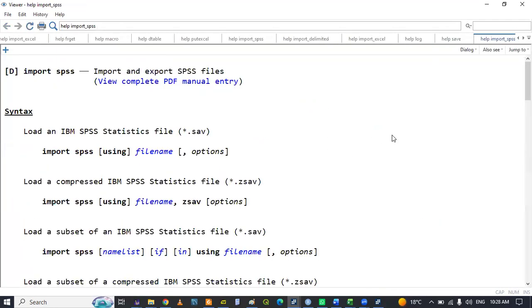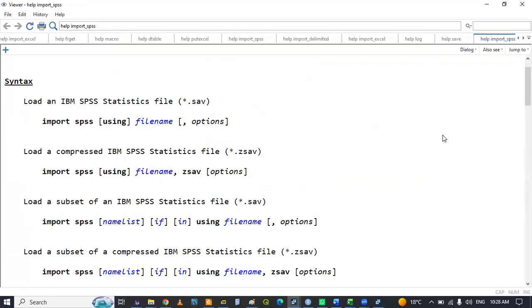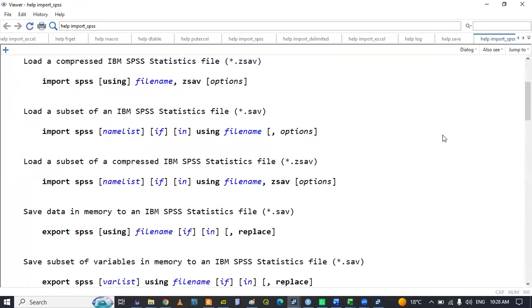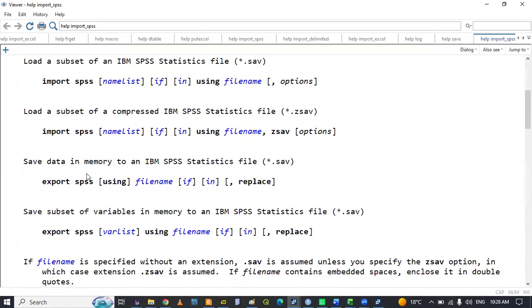Since this command is related with import, they will always come together. But my intention here is export. I will use this. The basic command is export SPSS using, enclosed with a square bracket. If we are importing the entire file, you can ignore this. But when you want to import a specific number of variables, using is mandatory. But I'll never use this one because you can always remove unwanted variables